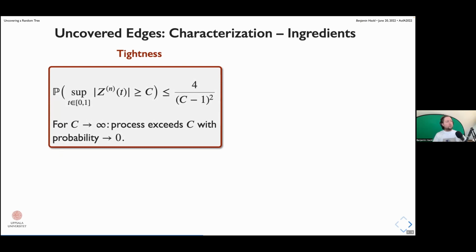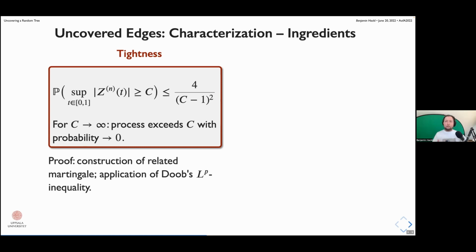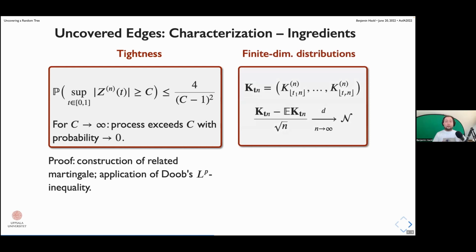So we have this on the one hand, and how you show that is you can actually construct from the discrete version of the process the corresponding martingale and then use Doob's L^p inequality to arrive after some steps at this inequality here, which bounds the probability. And on the other hand, we need